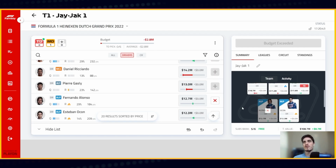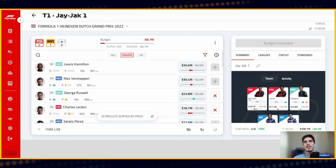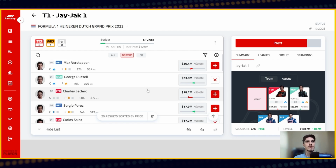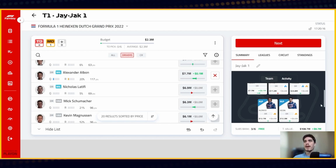Okay, I'm over by 2.8 million, and then you say, well, Perez, you drop Perez and you bring in, oh, could I actually get Russell? No, that'd be way too much money. I'm like breaking the bank here. Let's say I dropped Leclerc, then I got 10 million left over. Albon, he was looking good in FP1, FP2. I didn't really highlight him. So if I win a Russell power streak,